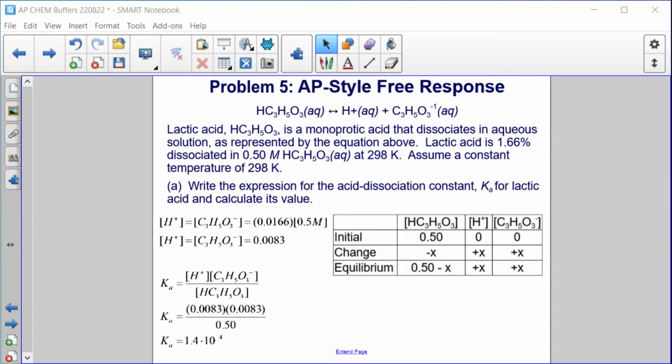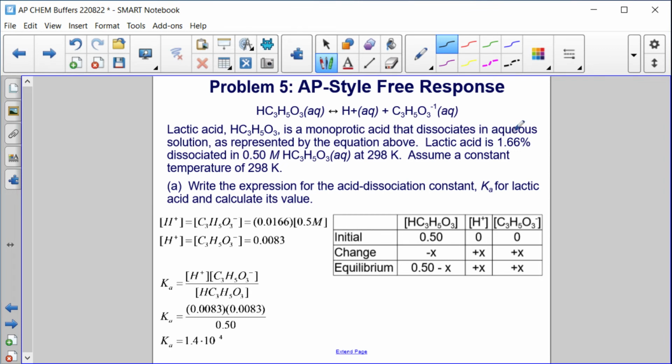We are also told in the problem that the lactic acid is 1.66% dissociated. So in a 0.5 molar concentration solution of lactic acid, 1.66% of it are the ions, which is